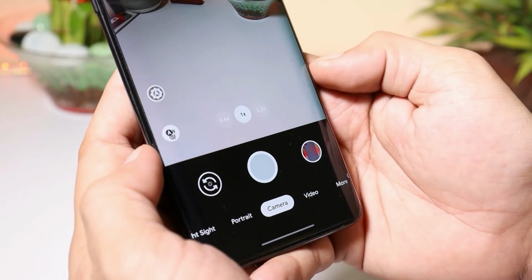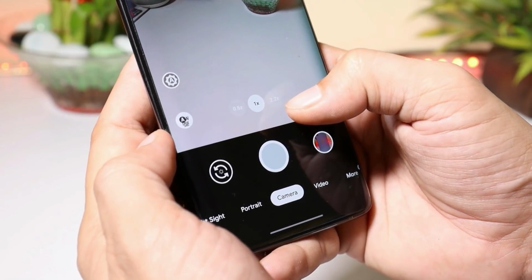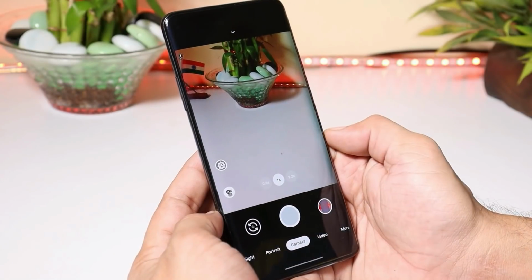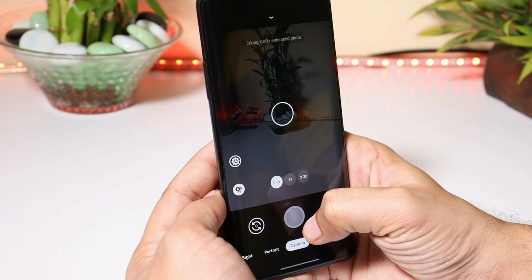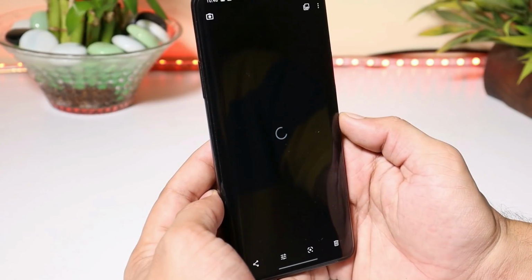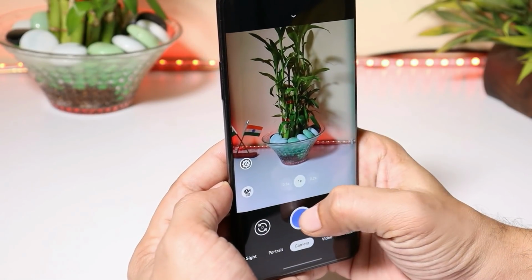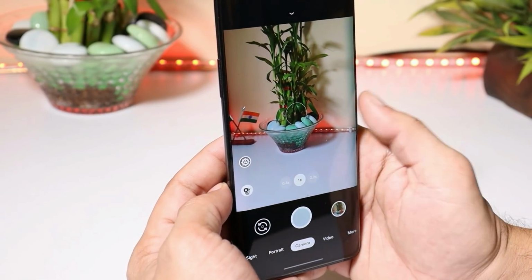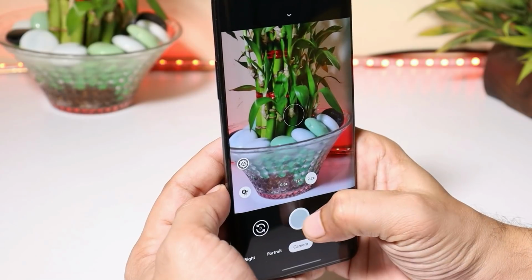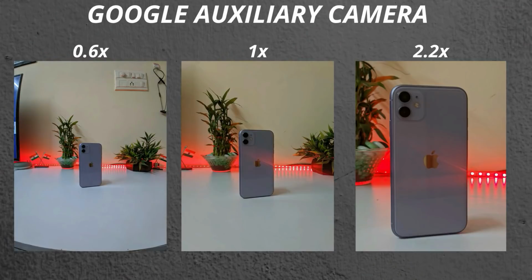And here you can see I have my OnePlus 7 Pro on which I have options like wide angle camera, 1x zoom and 2.2x zoom. Once you tap on wide angle, your camera will restart once. But you can click pictures with no issues. And the same goes with 1x zoom. The camera restarts once, but it works fine. Now let's try with 2.2x zoom. And that also doesn't have any kind of issues. And here we have a picture shot with all the three options.